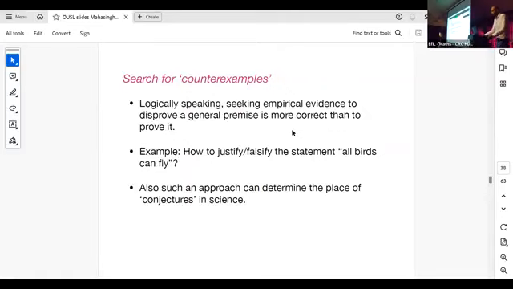Now you will see this with formula equations when you are doing the course. But just take this example. Somebody says all birds can fly. Now you want to counter that. You want to build a counter argument. You want to falsify that person. What do you have to do? You just have to give one example. When there is a statement that generalizes things, like all birds can fly, if you give just one counterexample,